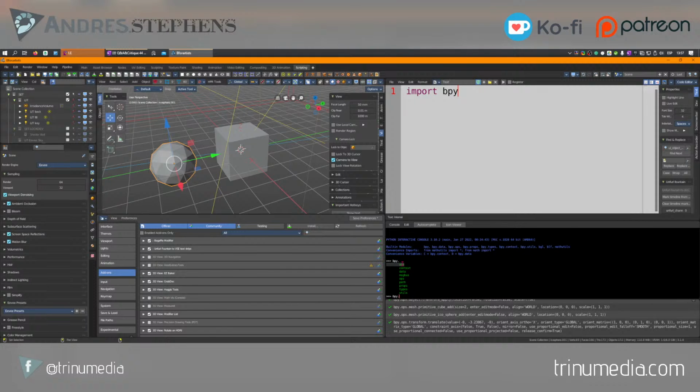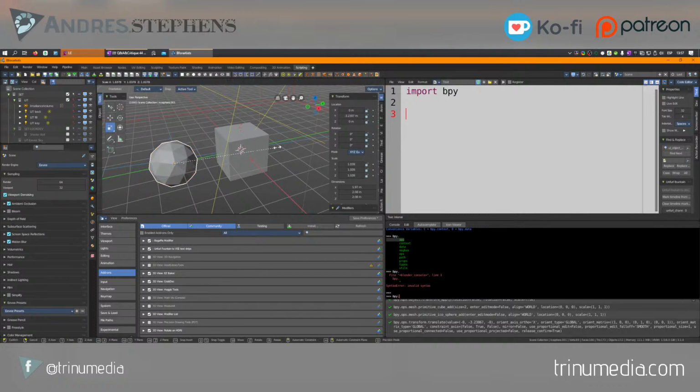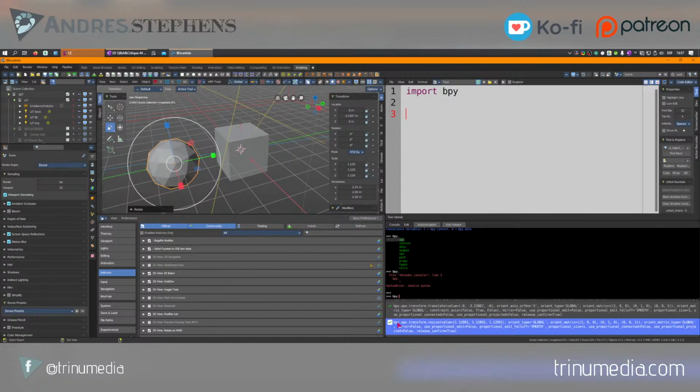All of the commands from the Blender API is exposed with the command bpy. With that, obviously nothing's going to happen because when we use bpy dot something, we need to do something with the objects. So for example, if I scale like this, we can take a look at this console down here. It says bpy ops, which is operator, and then transform, and then resize, and it changes the value to a certain size. So if we write this down here inside of the console,